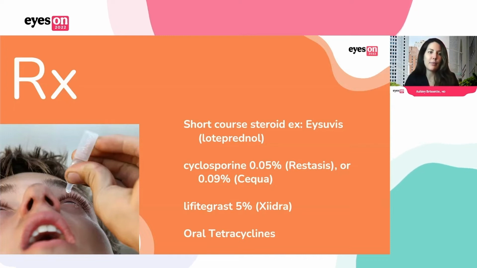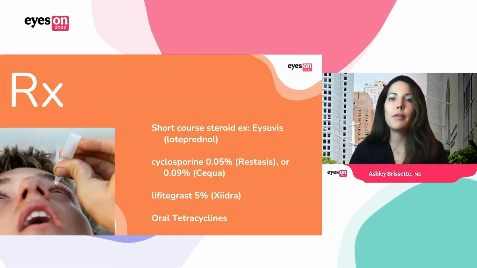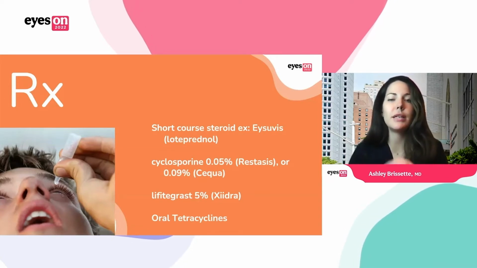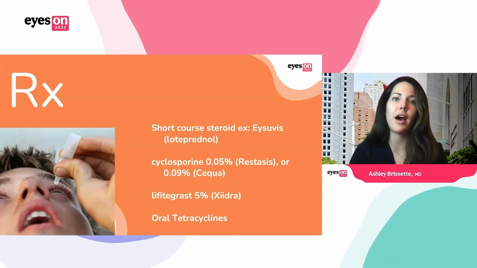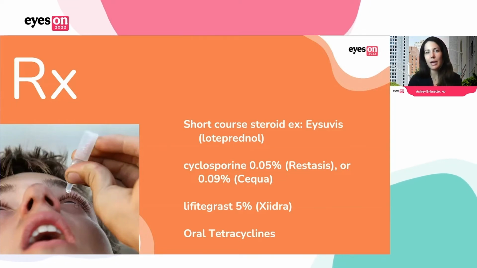I think the thinking in the past for prescribing these was that if somebody failed basics first, then you would start to think about doing a prescription drop. But I really urge you to consider what we discussed at the beginning of the talk, that dry eye is an inflammatory condition, and we need to break the cycle of inflammation on the surface of the eye in order to get the patient more comfortable. So often in needing to do that, that's when we need to start to think about some of these prescription therapies. Rather than waiting to prescribe something as we might have in the past, these therapies are readily available and covered by most insurances. So I really do urge you to talk about prescription therapies with your patient sooner rather than later, and especially utilize them in a more consistent treatment plan for patients.